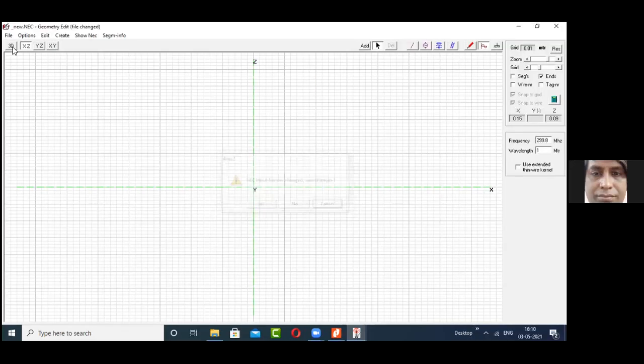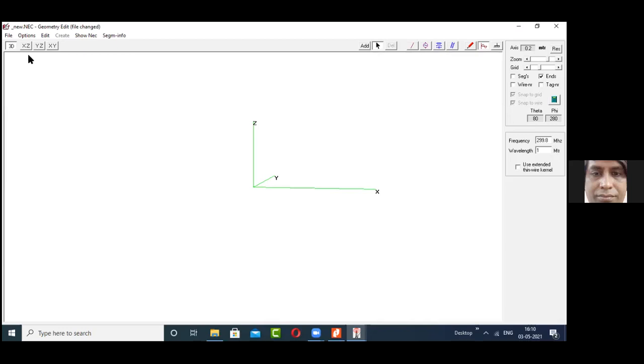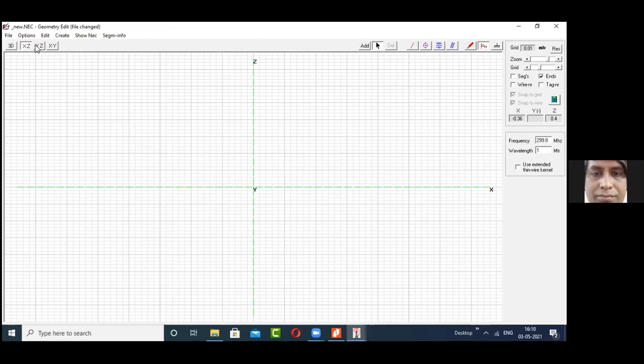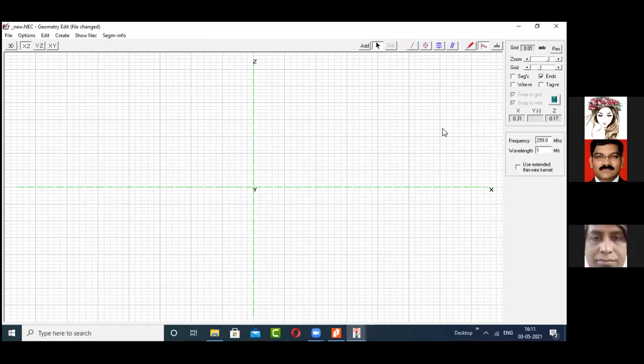Okay. Now here you have multiple options. Like you want to have a 3D view of the structure which you're going to create, or a 3D coordinate system, or a 2D coordinate system. So 3 planes for the 3D coordinate system. You have to choose one of them, and accordingly you have to analyze your radiation pattern. Remember that. Currently, I'm going to select the XZ plane, because I will be keeping the antenna along the Z axis. So I can keep the XZ plane or the YZ plane. Any of these planes will do.